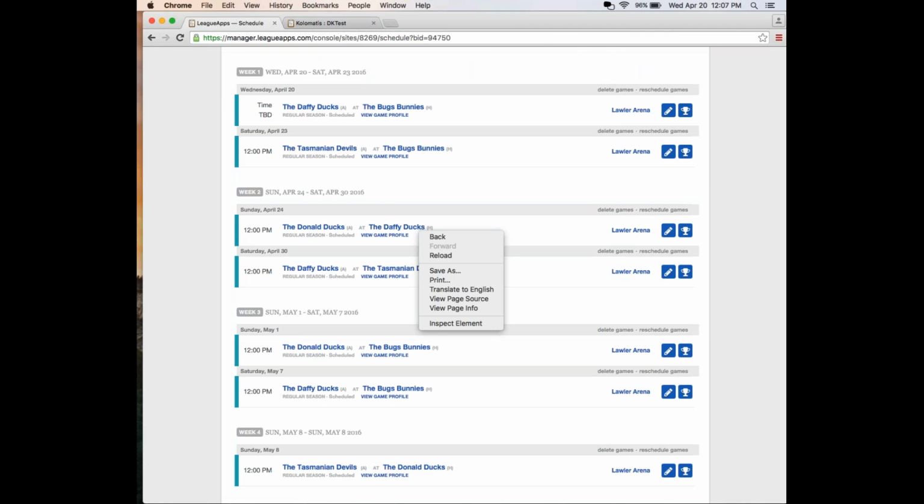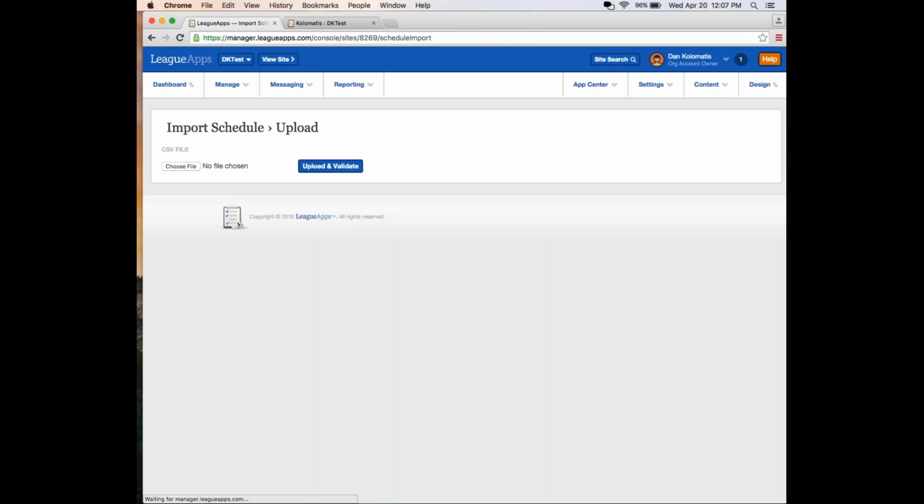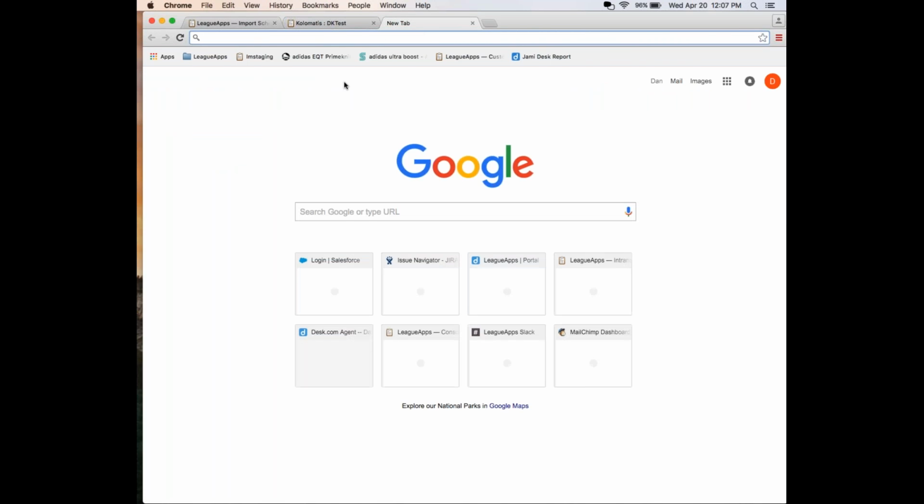Awesome. And just like the schedule generator, it is smart enough where it can help you out a little bit, especially when you're dealing with a large amount of teams within the system. Next, and the last one that I'd like to show you guys is the import schedule. So the import schedule is a new feature of ours, and to get the template that you will need to